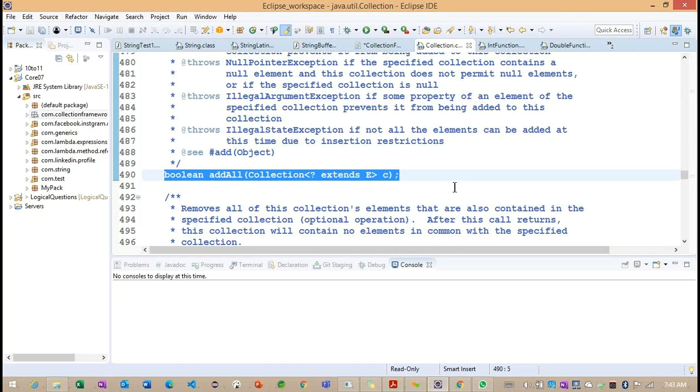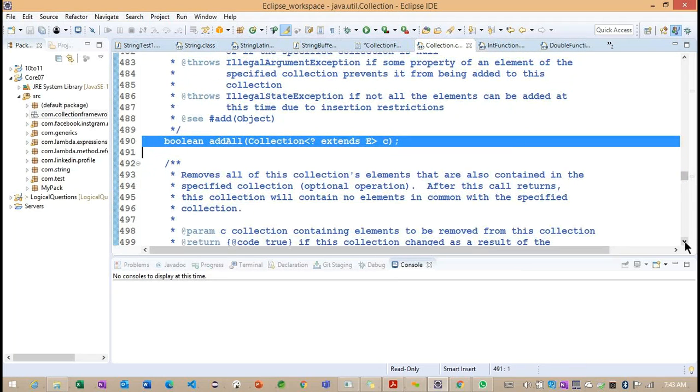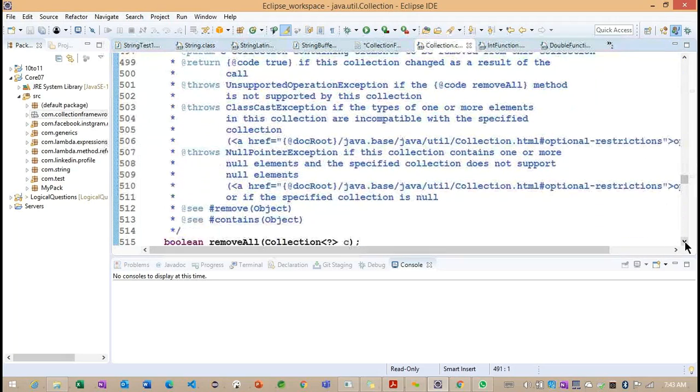Okay, and back to here. So this is the purpose we already identified. The purpose here is that we can add all the elements into the current collection. If it is a new object we are trying to add, it will return true. If the same objects already exist in the current collection, this addAll method will return false, because again we are trying to add duplicate elements here. Getting the point? So this is the main purpose of this particular addAll method.